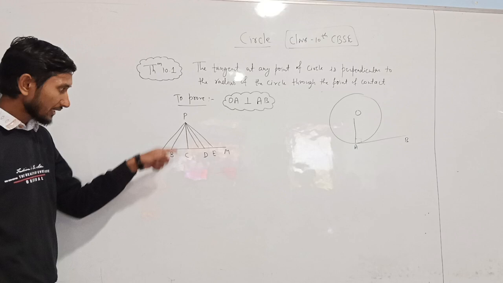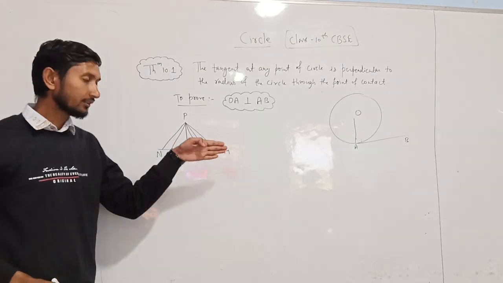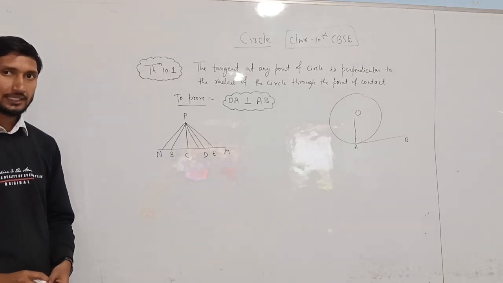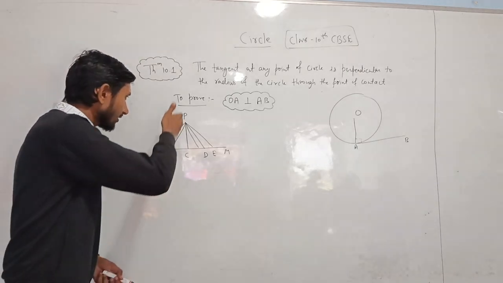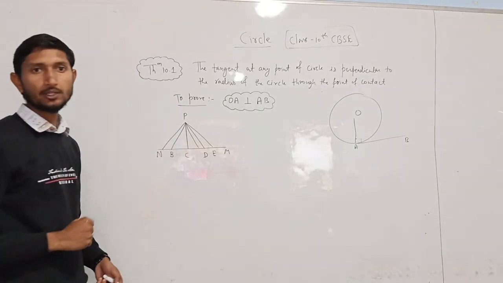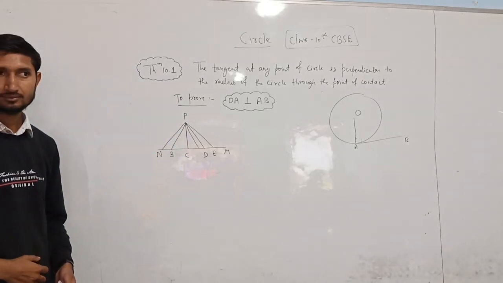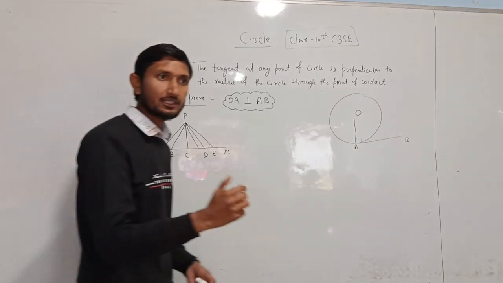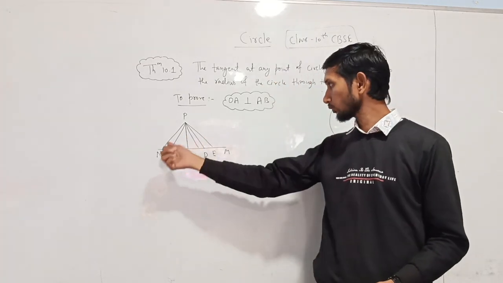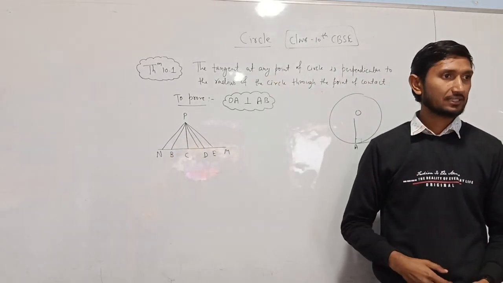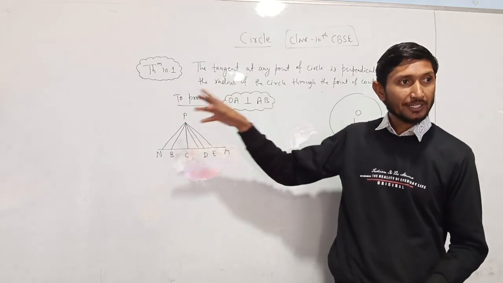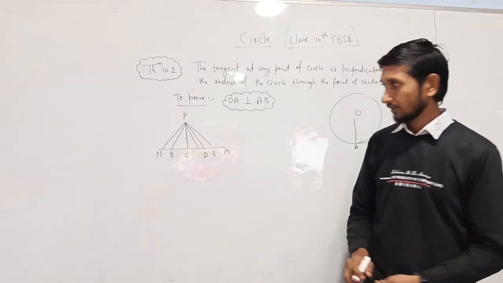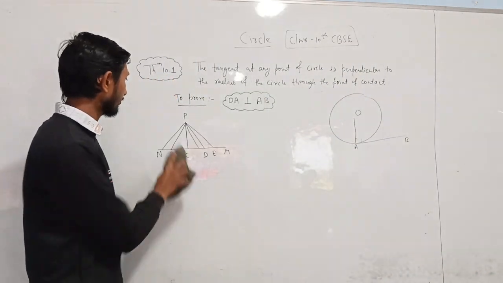Can you tell me the shortest distance from this point to the line? PC? Okay. So can we say that this shortest distance is the perpendicular distance? Do you agree? The shortest distance from a point to the line is the perpendicular distance, and the perpendicular distance from a point to the line is the shortest distance. Okay.